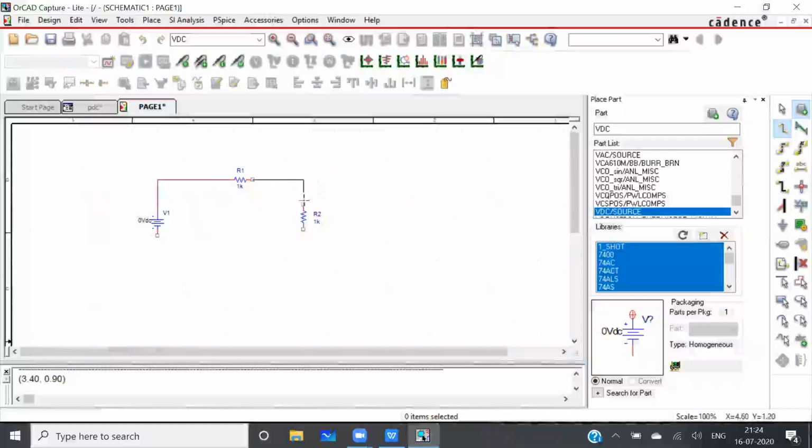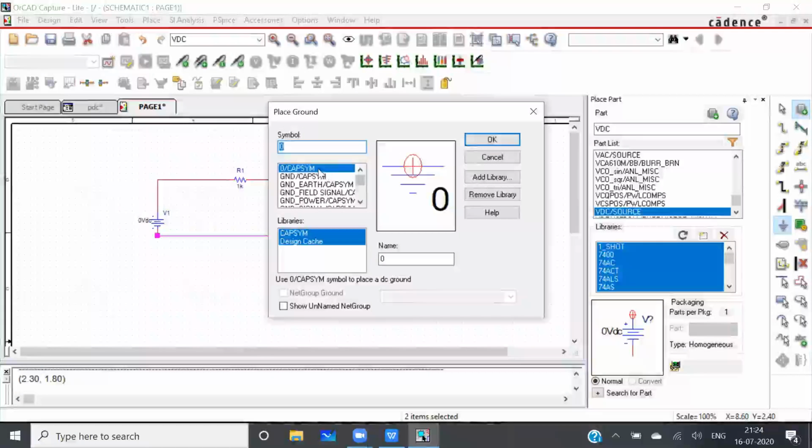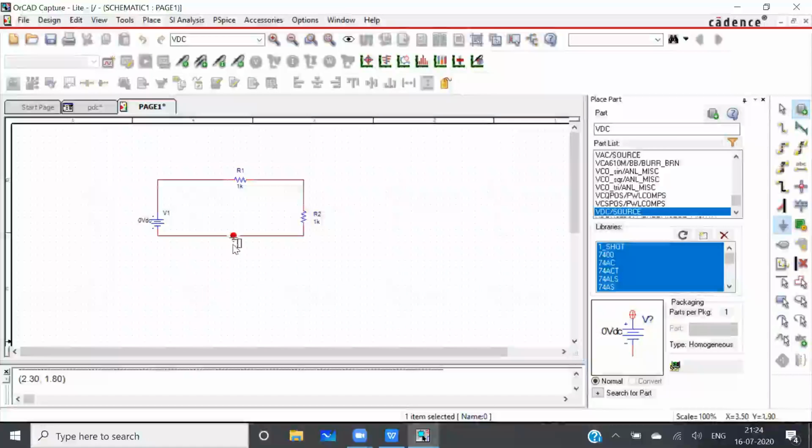Similarly, I will connect all the other wires. Apart from this, I need ground. So for the ground, the shortcut key is G, or you can click on this symbol. Here we need to select this 0/capsim. Then I'll click on OK and put the ground here.